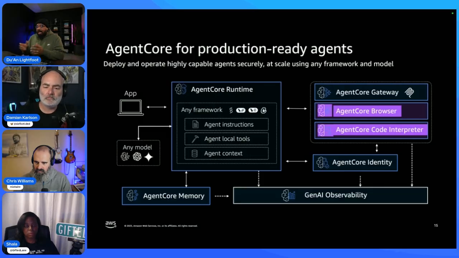But when it comes to GenAI observability, this is inside of CloudWatch. Let's take a step back. Let's say you deploy an agent with Runtime. You're going to have your traces inside of GenAI observability. You can view your sessions, you can view your agent, to understand what the traces are and what the spans are within that trace, to see that full visibility. Now, inside of the runtime, you can go into your CloudWatch logs to see what happens at each step, just like in Lambda. You can see everything that's happening within that agent inside of the CloudWatch log group. So that just logs it automatically to the log stream.